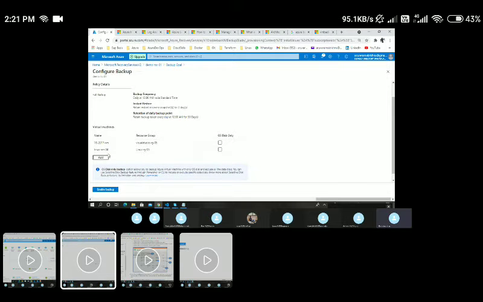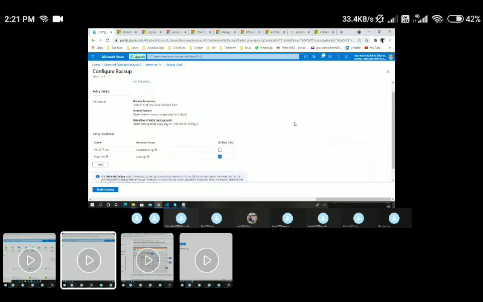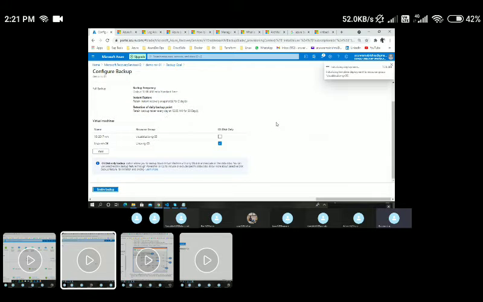And if you see here, I have chosen these two VMs. If you want to take a backup of only the OS disk, you can choose this particular option. Let's say for one I'll go with a full backup, and for one I'll go with an OS disk only backup. Let me enable the backup now.